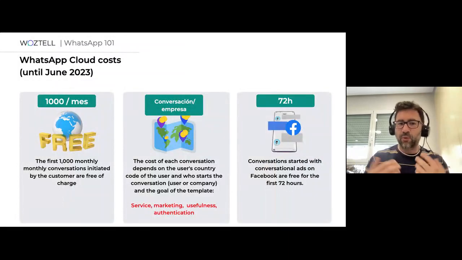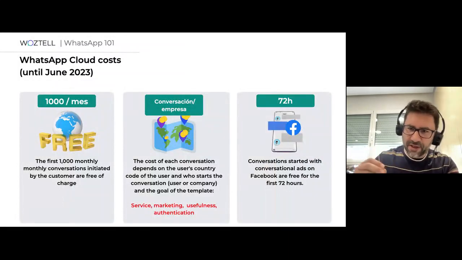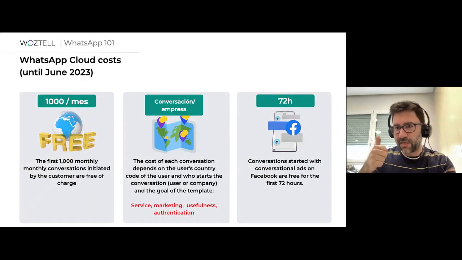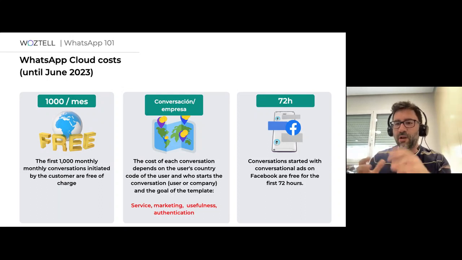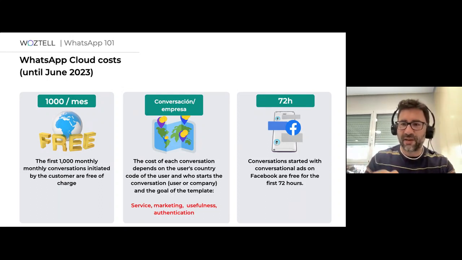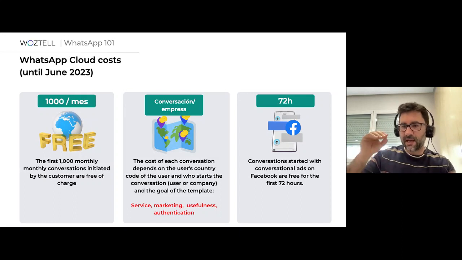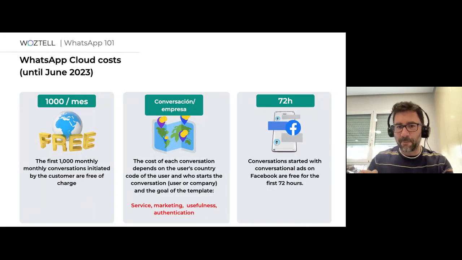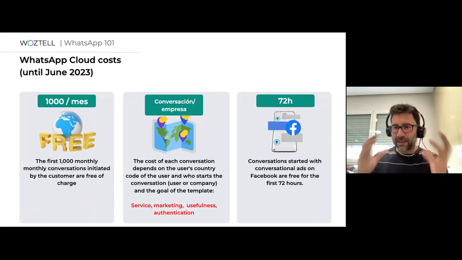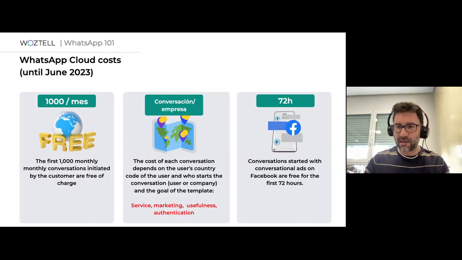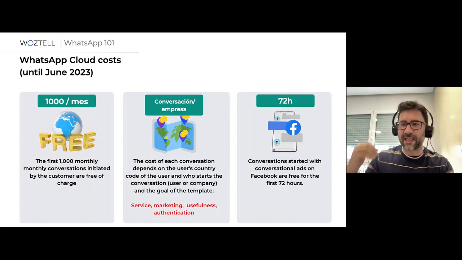After June, what will happen? First, the first 1,000 free conversations will be free only if it's the customer who starts the conversation. This is the first change. The second change is that they will change the categories of the templates you send. Now, all the templates charge the same price, but after June, it depends on the kind of template: